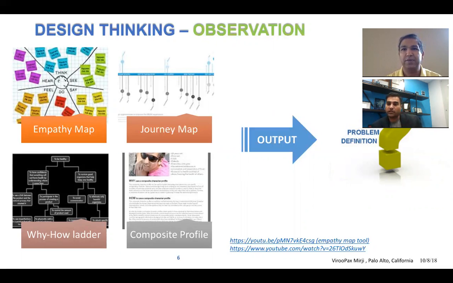When I was doing my own startup, and when I went to the design school and did the design thinking sessions there, I clearly got an understanding of how you tackle creativity. We know creativity comes from birth. But here's a process wherein you streamline the whole process in a sequence of events. And I think that's what Virupaksh is going to tell you further. But I think the empathy part is the connection between the customer, the user, as well as the product. Back to you, Virupaksh. Thank you, Sanjay.